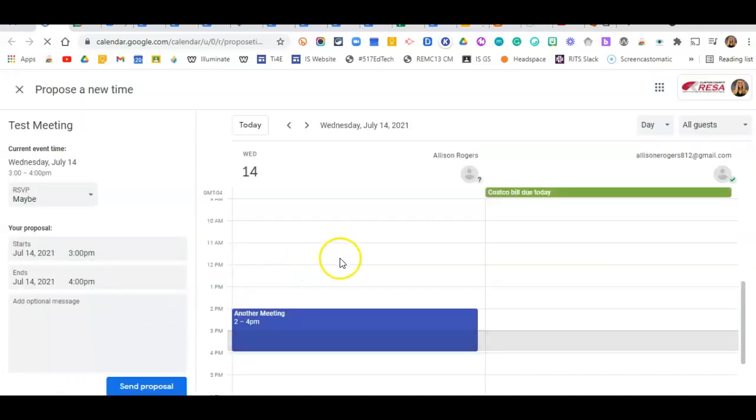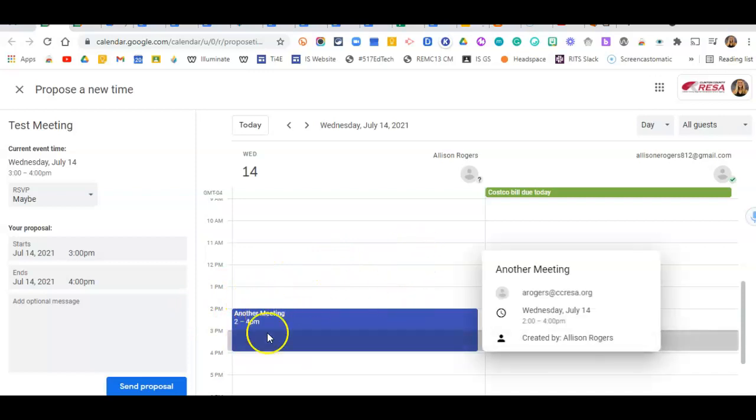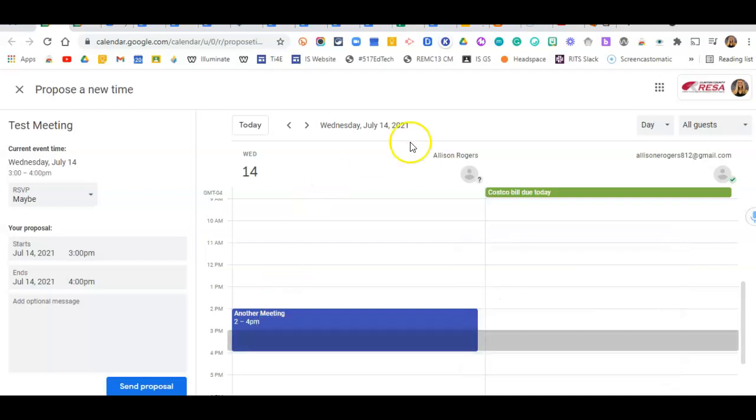So I might see that I have another meeting from 2 to 4 at that time, so I might want to suggest a different option. And if that other person's calendar is shared with me, I'm going to be able to see that so I can figure out which might work best for both of us. So I can suggest a different time. My suggestion might be, let's go earlier in the day,